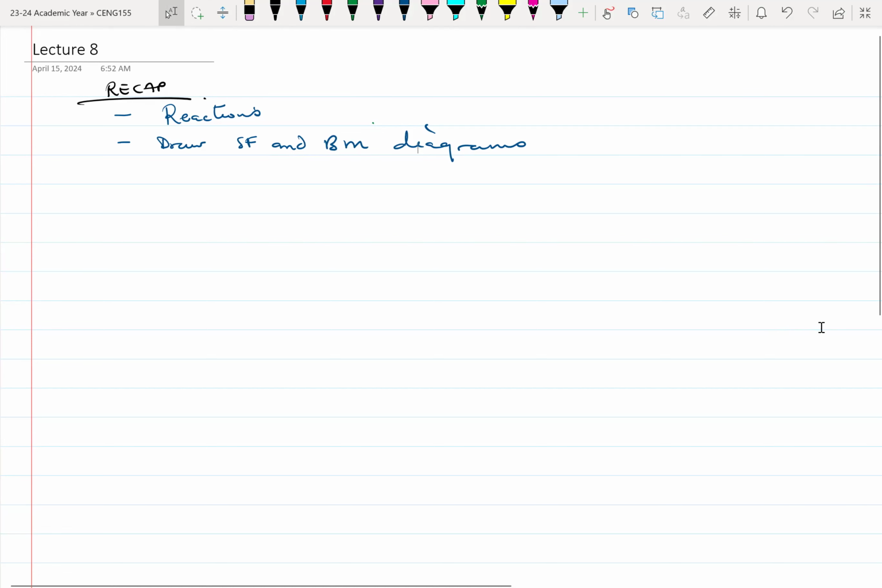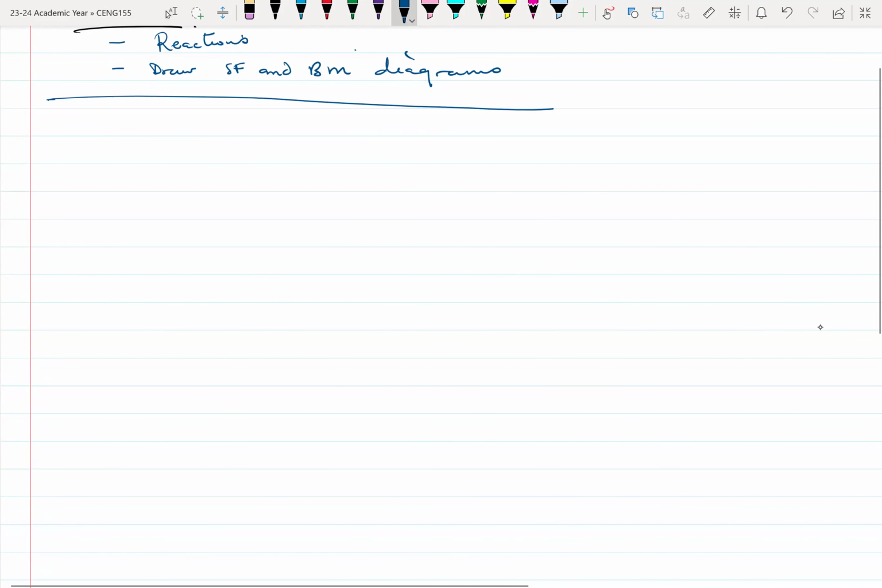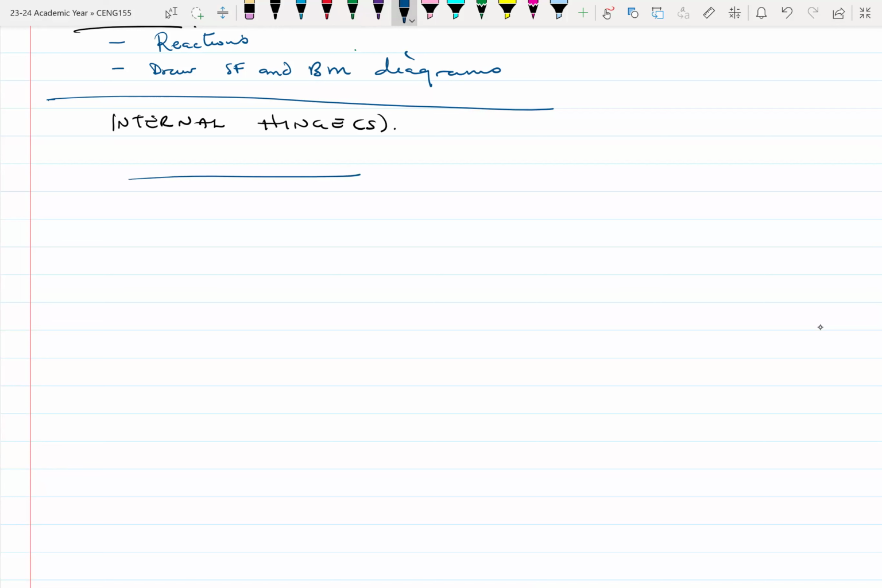So we just discussed a few things to complete this part. For today, I wanted to look at internal hinges, right? I think I briefly mentioned that during one of the lectures, maybe at the early part of the course. There are some cases where, for example, if you have this system, it doesn't matter whether it's a roller or a pin support. If you have this system in here, that is what we call a propped